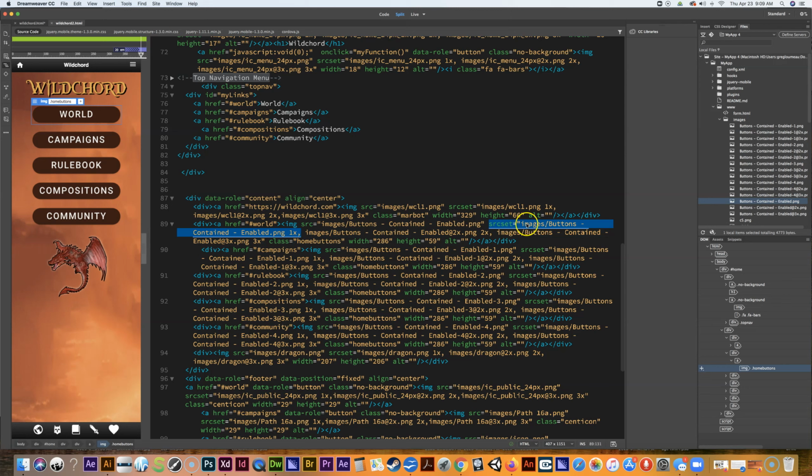It says source set, and it's got that long name of the button again, buttons-contain-enable.png. But then afterwards there's a space, and it says 1x and then comma. In other words, if the computer is reading this and the phone that it's on is displaying everything at 100%, go ahead and use this image. Now then, after the comma, it's got the exact same code again, the only difference being that now at the end of the name of the image, we put